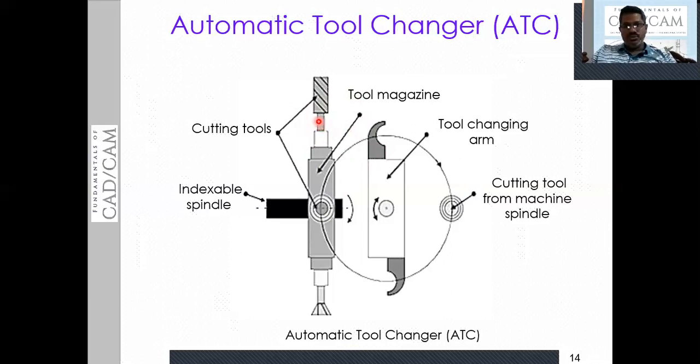Then that new tool that we are going to use for the operations will be located in the machine spindle or the tool post where we are going to perform the work. And after picking up the old tool and inserting the new tool at the desired locations, again this ATC will come back and park at the parked location. This is exactly the working principle of the automatic tool changer.